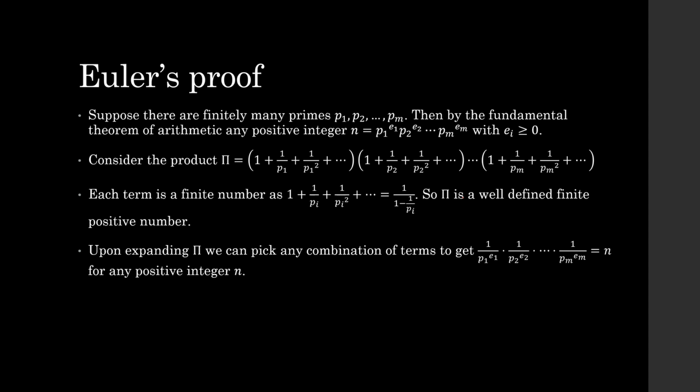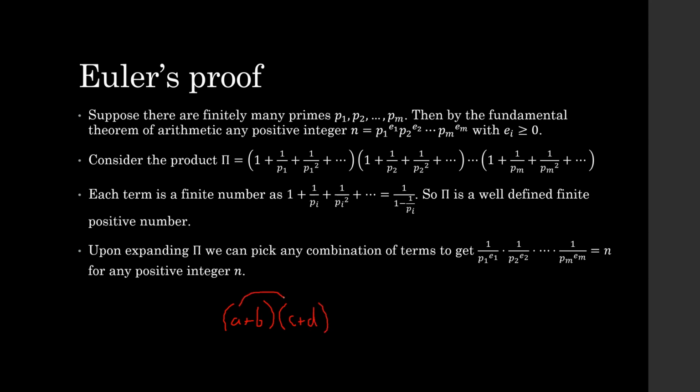And so upon expanding pi, I say finite integers, or finite numbers, sorry, these aren't necessarily integers. So now upon expanding pi, let's think about what happens when we expand this product. We're going to use the good old FOIL technique. So if you do a plus b times c plus d, if you FOIL this, which you might have learned